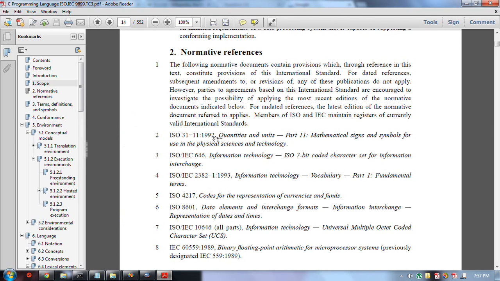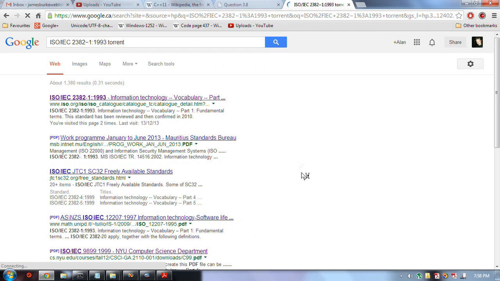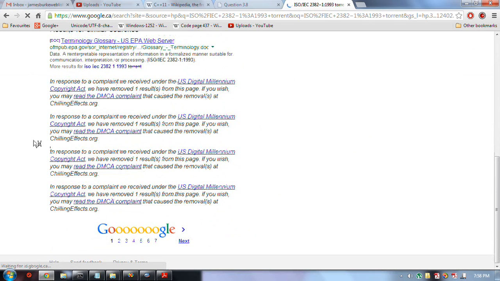This is the document I wanted to look at. Oh, I do want to select tool this time. Terminology. Vocabulary. So copy this. I went over to Google, typed it in, and I put torrent. So I figured, maybe somebody just put up a torrent. And see, look, there are torrents out there to download the document,